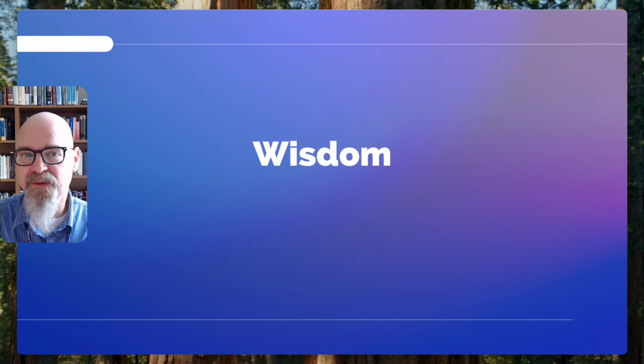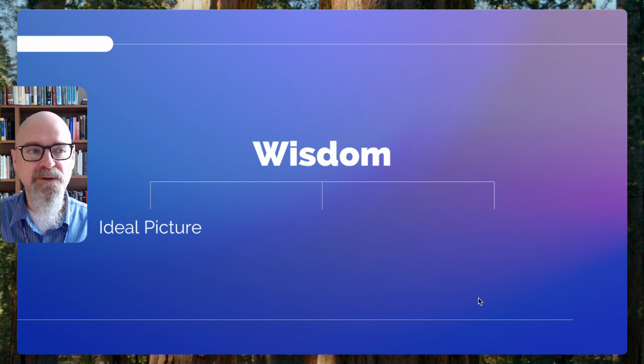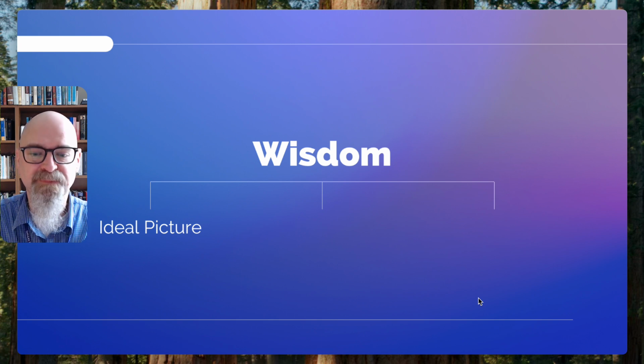So there's three main things that we are going to try to pay attention to as we think about biblical wisdom. The first is, remember that biblical wisdom presents an ideal picture. It does not deal with all of the particulars of your situation or your neighbor's situation. It presents an ideal picture of what God desires for us. And so what that means is that part of understanding wisdom is to recognize what that ideal picture is, and then to see how it should be put into practice in our own lives.